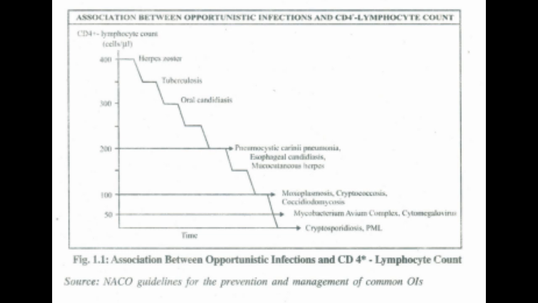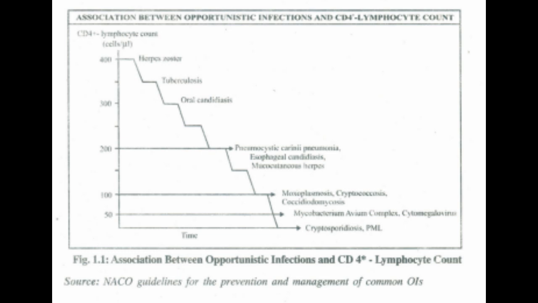1.3 Association of opportunistic infections and CD4 counts. There is a significant association between the level of immunosuppression, that is the CD4 count of the patient, and the frequency and type of OIs. Depending on the CD4 count and the stage of HIV disease, the type of OIs can be anticipated and predicted with good accuracy. This also helps in deciding the need and timing for prophylaxis against the OIs, as will be discussed later in the unit. The association between CD4 count and OI is depicted in Figure 1.1.